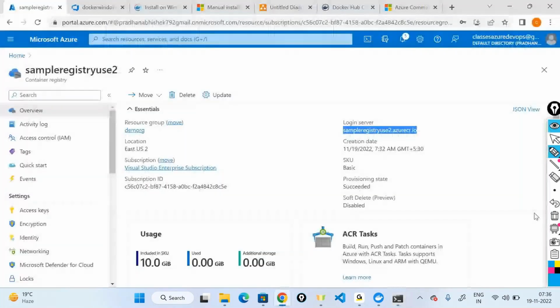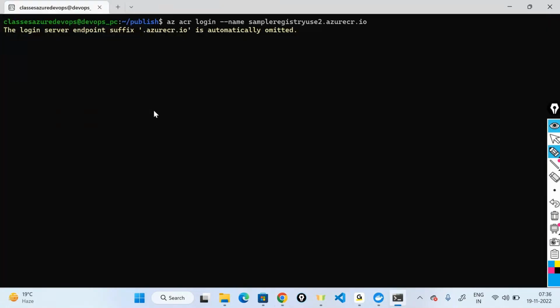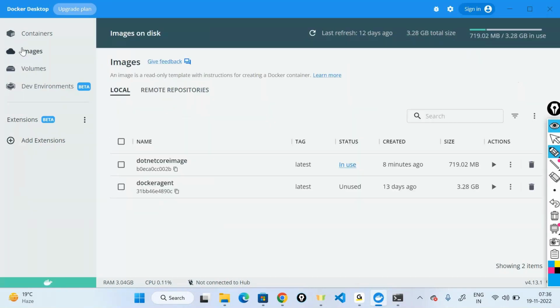I got everything from here. So these are the steps. I build the image. I have the image on my local machine. So if I do a Docker images, I get all the list of images out here, and I can also see what are all the images that are there on my machine